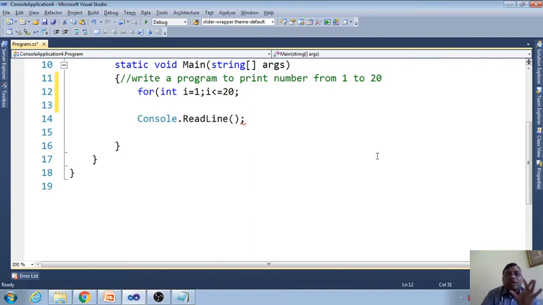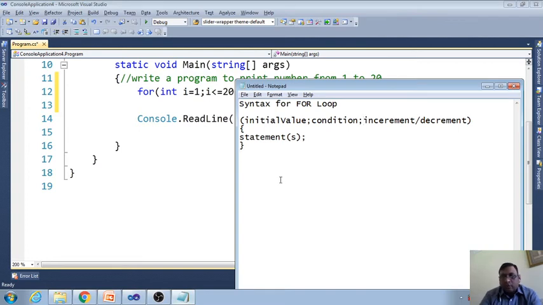Now another thing is, the number is going to increase, but by how much? What is the gap, the difference? Here we are going to print 1, 2, 3, 4, up to 20. The difference is, we add 1, then add 1, then add 1, and it becomes the next number.